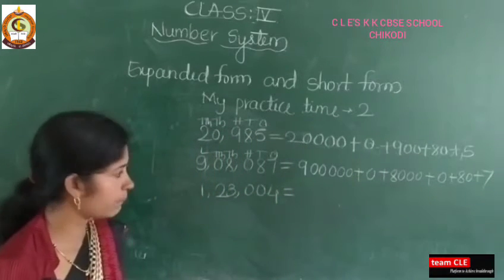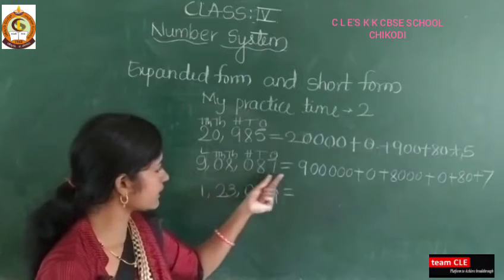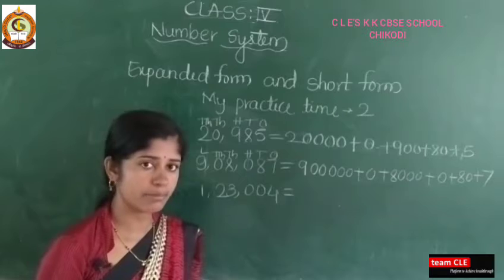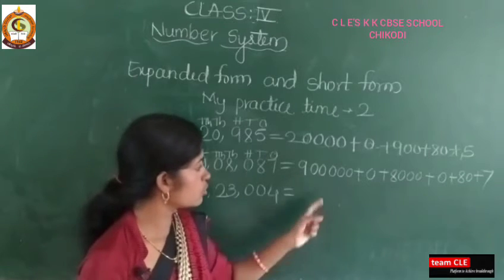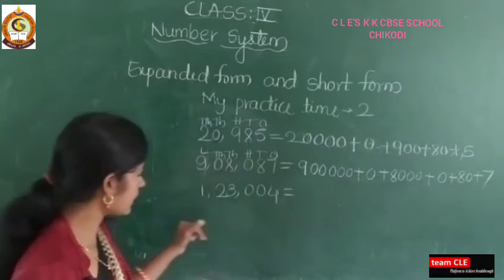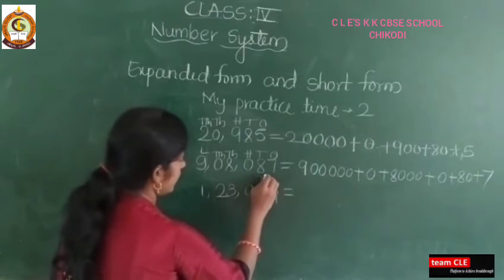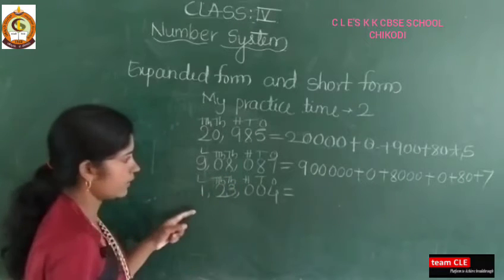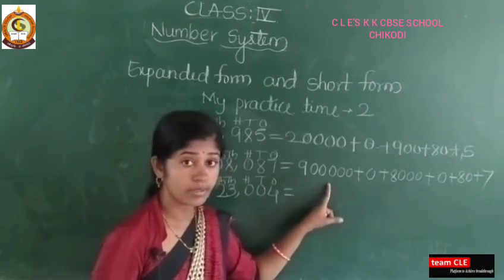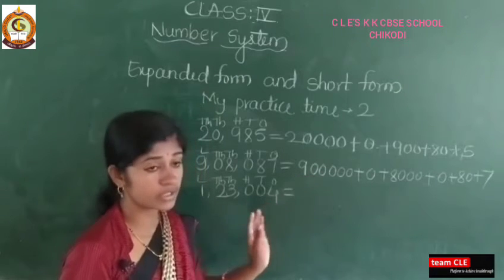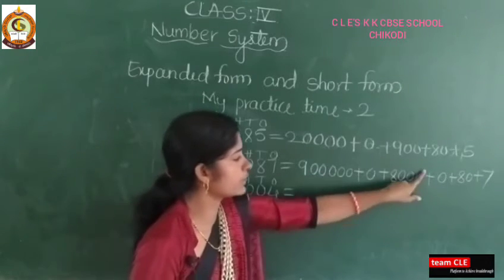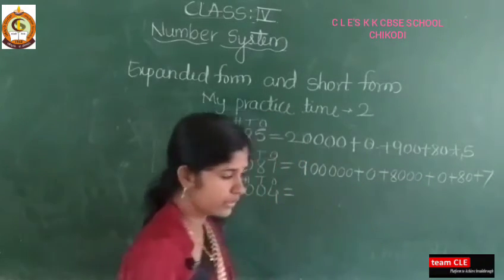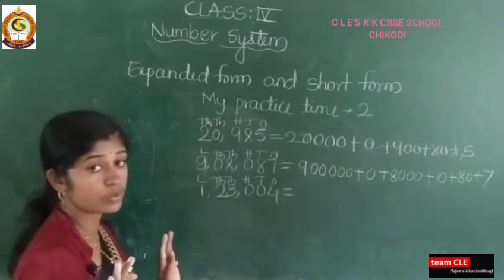I hope you are getting my point. See here, if 0 is there, there is no need to write the place value. 0 has the same place value and face value also. So here you write 0. Next, again you take one more example. Ones, tens, hundreds, thousand, 10,000, lakh. And while giving the zeros, make sure the zeros are correct or wrong. Instead of writing here 8,000, if one 0 is not there, then that answer is wrong. So here in 1 lakh, 5 zeros will come.